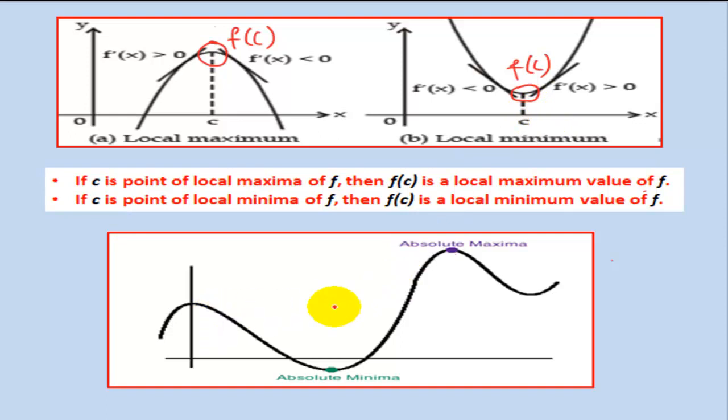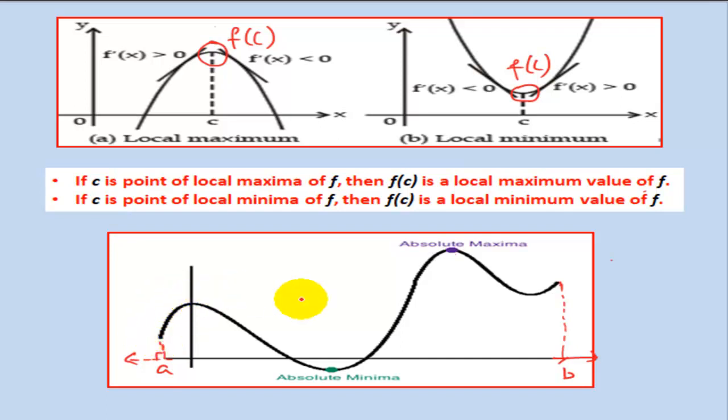Now when we have a look at this particular curve, we find it is having more than one local maxima and more than one local minima. Now if I define it within an interval, say this point is A and this point is B on the x-axis. So within this closed interval, if we talk about this curve, then it is possible that maybe this was also a point of local maxima. Maybe the curve was falling after this. In the same manner, maybe the curve was moving up after this point. So even A could have been the point of local minima.